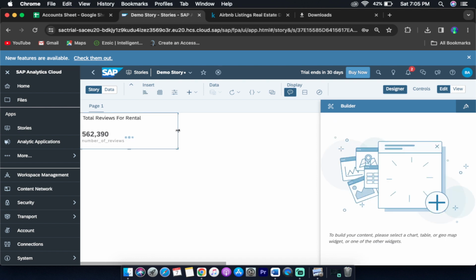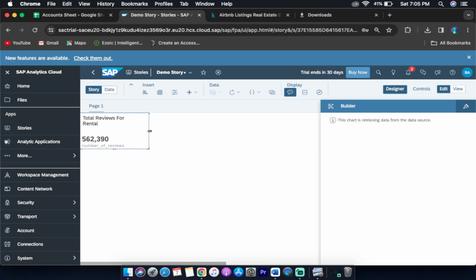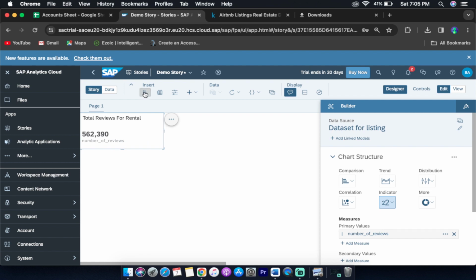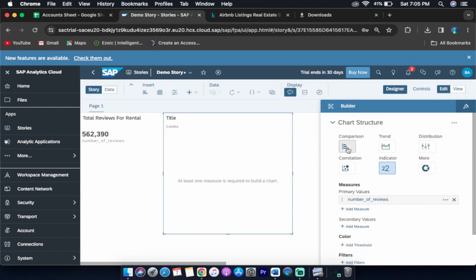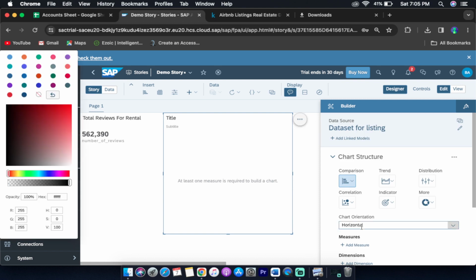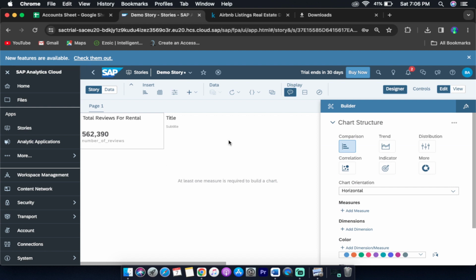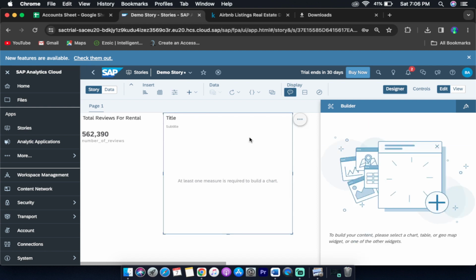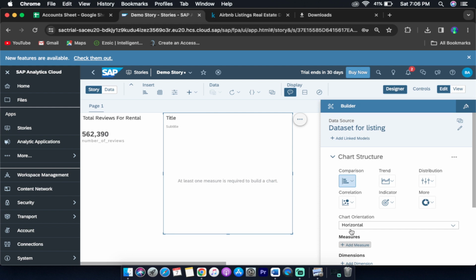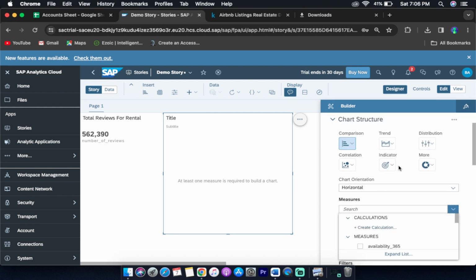So this is my story building, like you can edit anything here. So I will again insert another thing, insert a chart, and this time we'll go with the comparison chart, like which person has given me which review. So click here and add measure, what type of measure I want, like number of reviews,